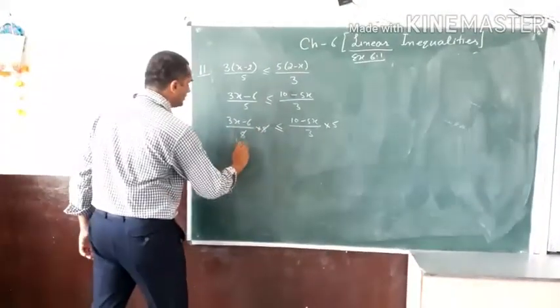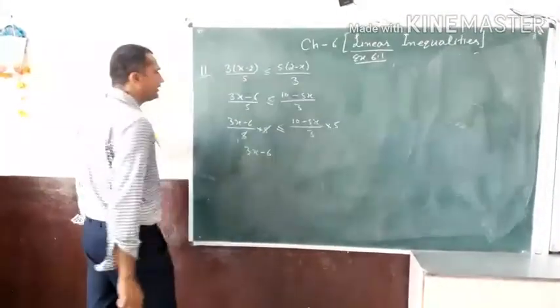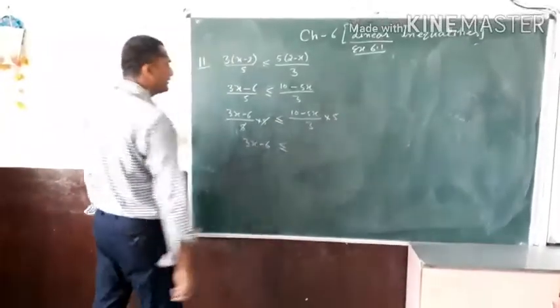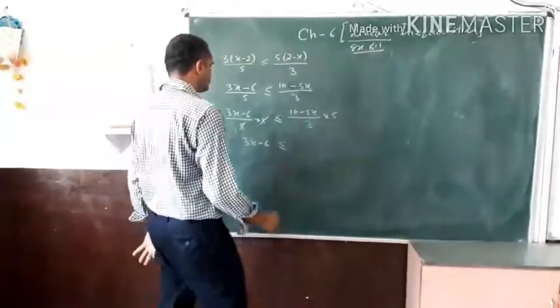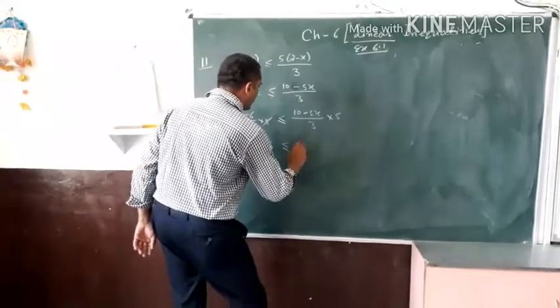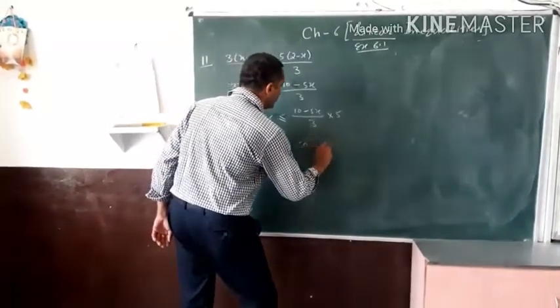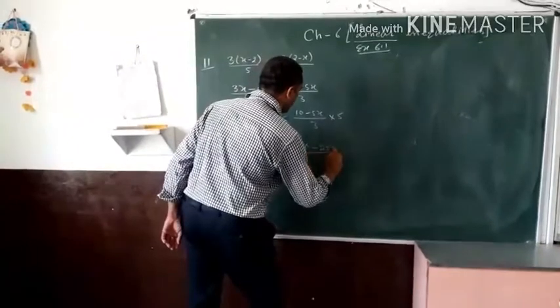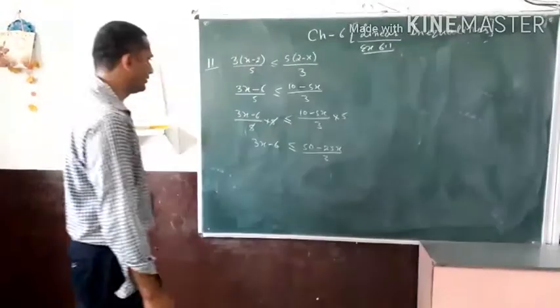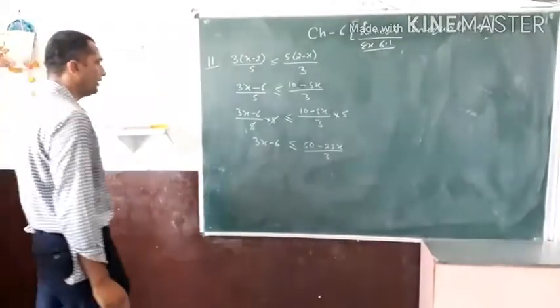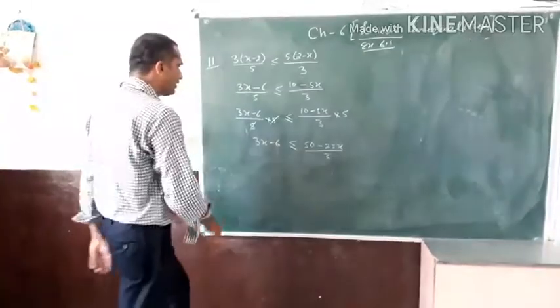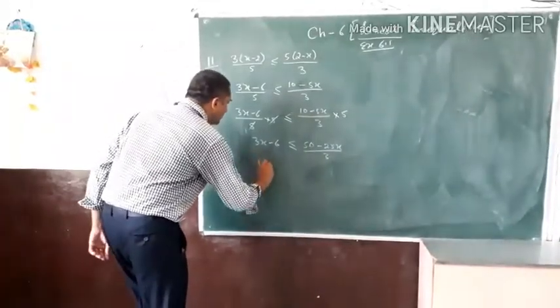These cancel. 3x minus 6 less than or equal to 50 minus 25x over 3. Then multiplying this 3 to this side, 9x